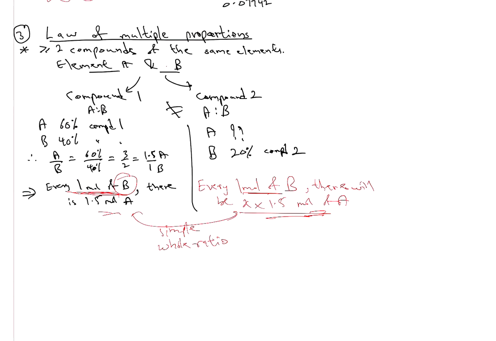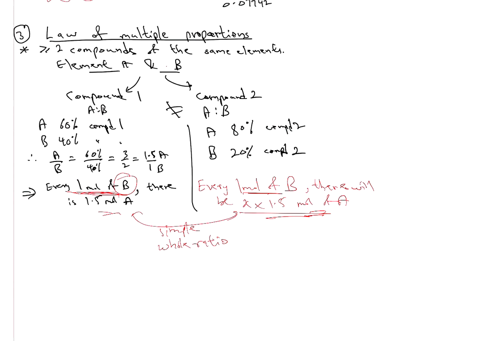So what you would say is that it will be a multiple. Now we don't know how much of A, but let's give you an actual example, where I would say A is therefore 80%